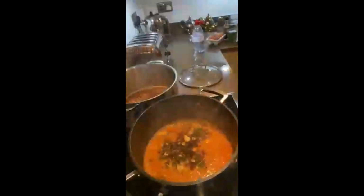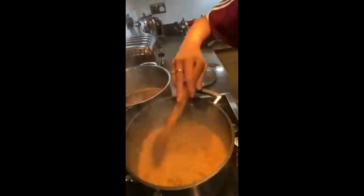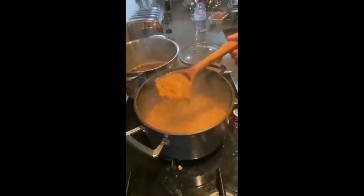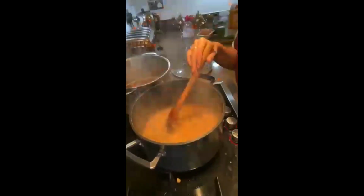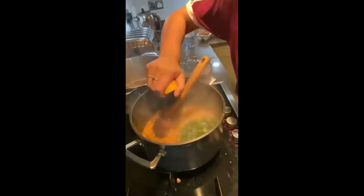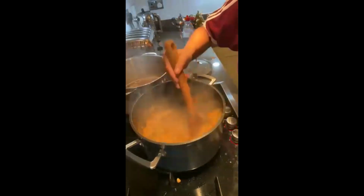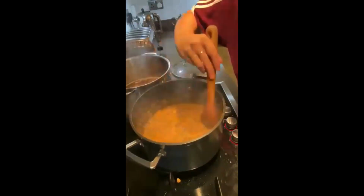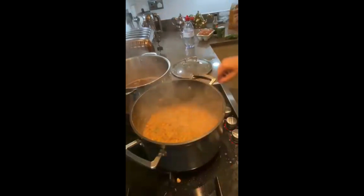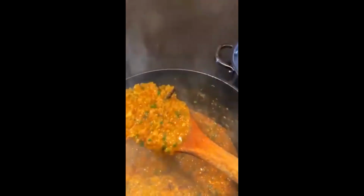Now I've added my tarka into my dal. And now once I've mixed it, I can see that the consistency of my dal is exactly how I want it. If your dal is too thick or too thin, you can cook it for longer if it's too thin. If it's too thick, then you can add in more water. For me, I like my dal quite thick, so I've added in my coriander and my lemon. I've now mixed all of this together, and I'm going to put the heat down to medium and put my lid on so all of the flavors are really soaked in. And that is your dal done. Serve with rice and a lump of